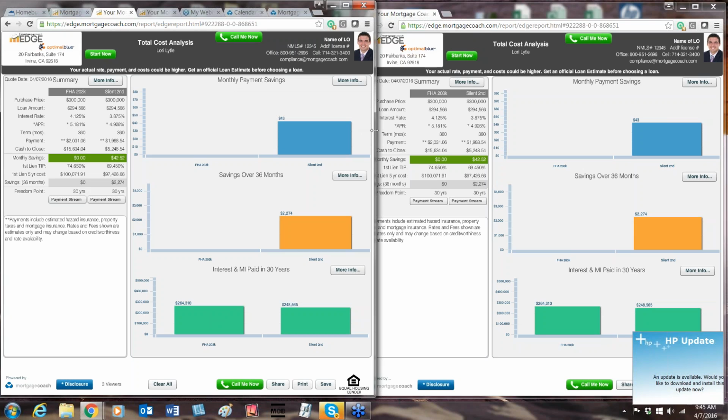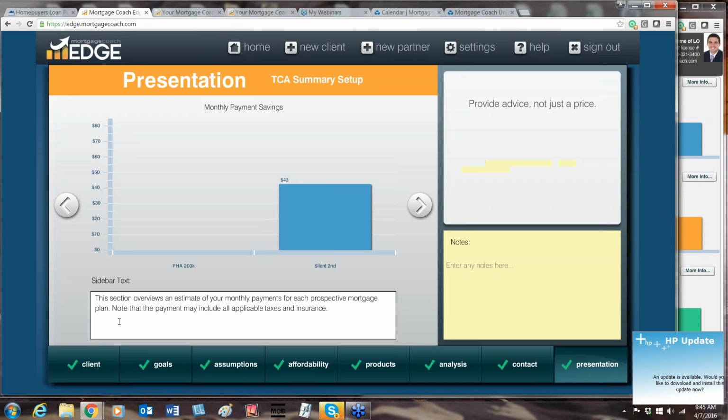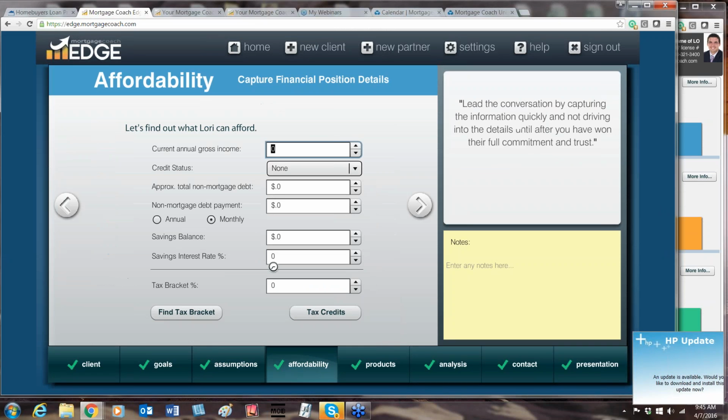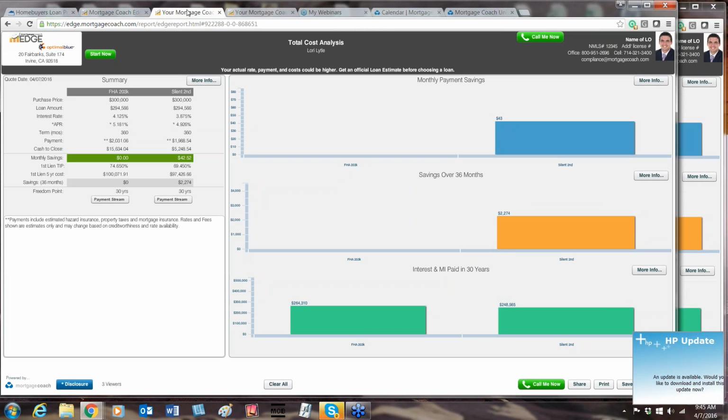Okay, let me go ahead and show you tax bracket real quick. Edward, if you go into affordability, this is where you enter the tax bracket. So with that, let's go ahead. I'm going to use 28% because I do want to cover the OB real quick in the end. But if you're not quite sure about the tax bracket, it will take you to a website that will show the tax bracket information. So once you advance the screen, let's go ahead and look at our Mortgage Coach presentation,